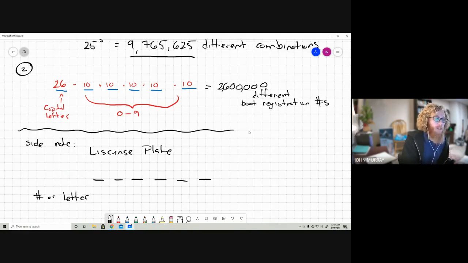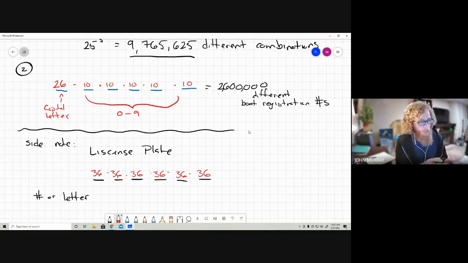So with the 26 letters and the 10 different numbers, we have 36 options for every value. So 36 to the 6th